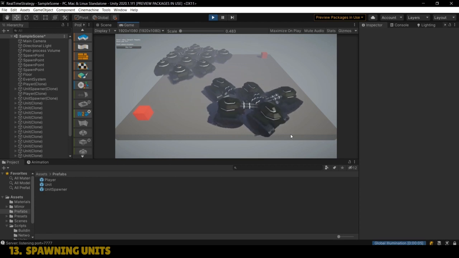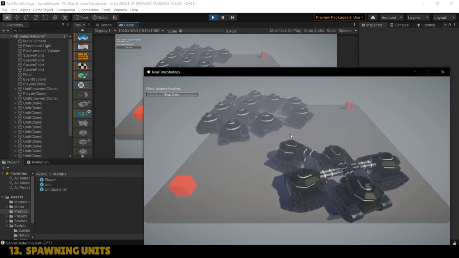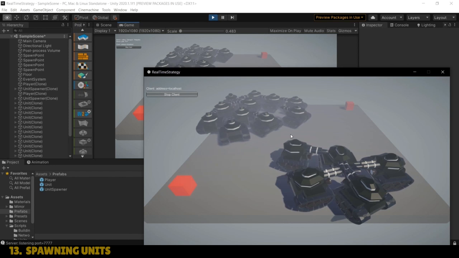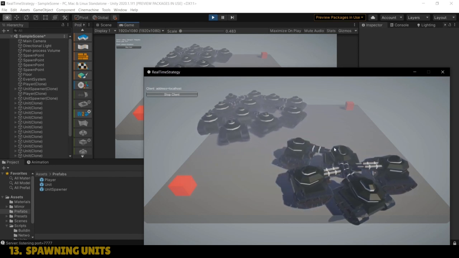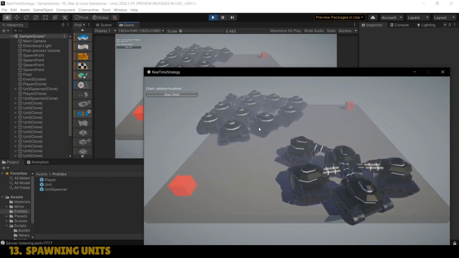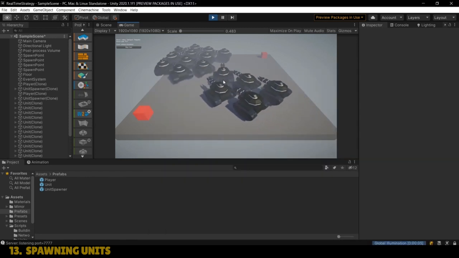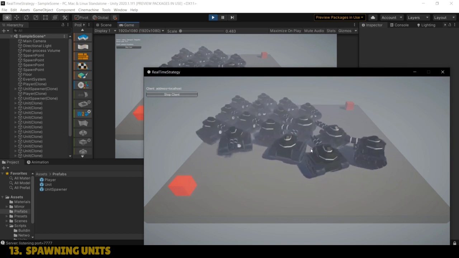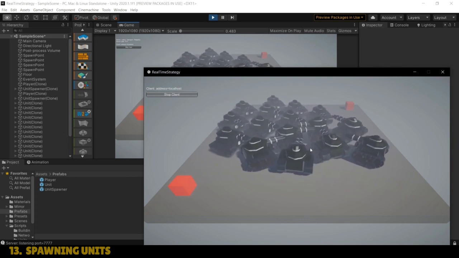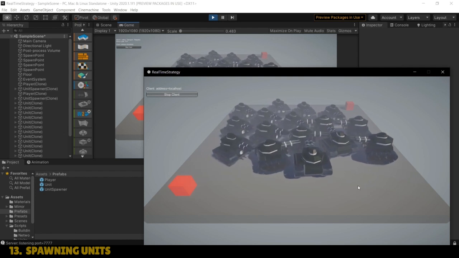As we move on with the course, we obviously need to do things like unit selection, because right now the units are all just listening at all times. And we want to improve the movement code so that when you get to where you want to go to, you're then okay, you don't care anymore. Because with navmesh agents, what happens is, if you get to your position, you keep trying to get there. So if you get pushed away, you'll move back again. Now with this, we don't want that, otherwise we keep getting this weird glitchy movement like we do here. And if we try and get all the units to move to the center, then we're going to get a complete mess. So that's some stuff we can sort out over the next few lectures,